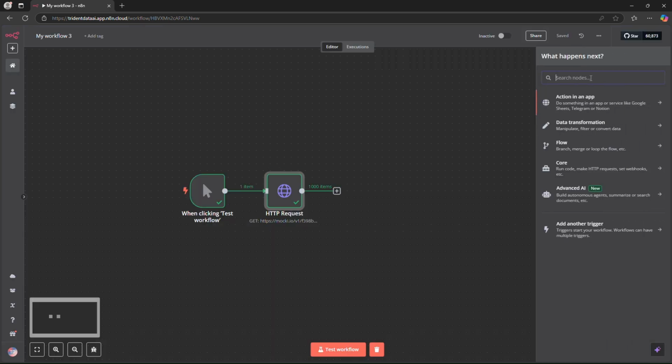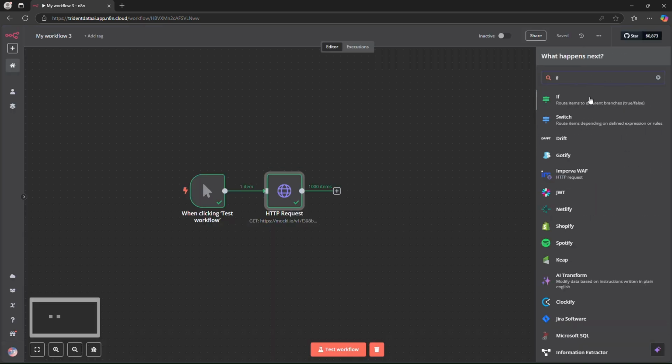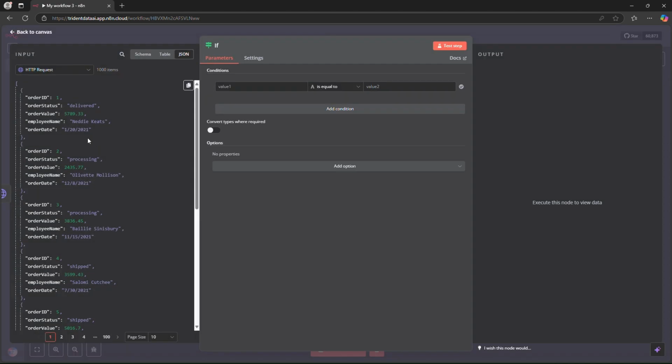Next thing is that we will add an if node. That will be the conditional logic for this particular video. In this, we will be using the order status. If it is processing, then we will be sending it to the Google Sheet. So this will be the true condition for our node. And if we test this step,